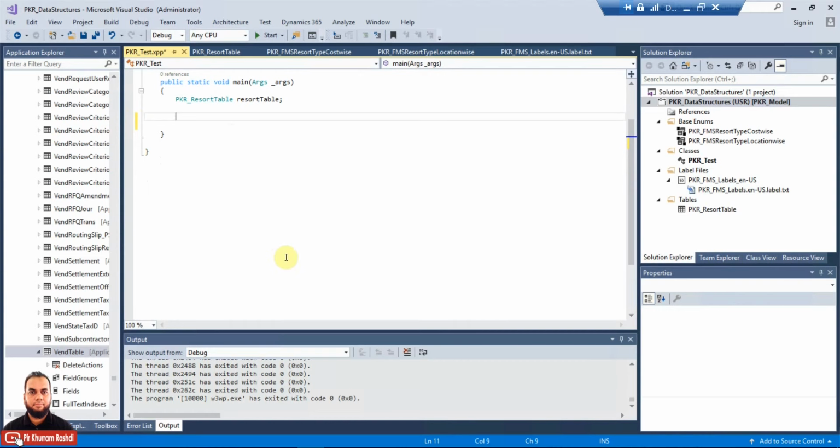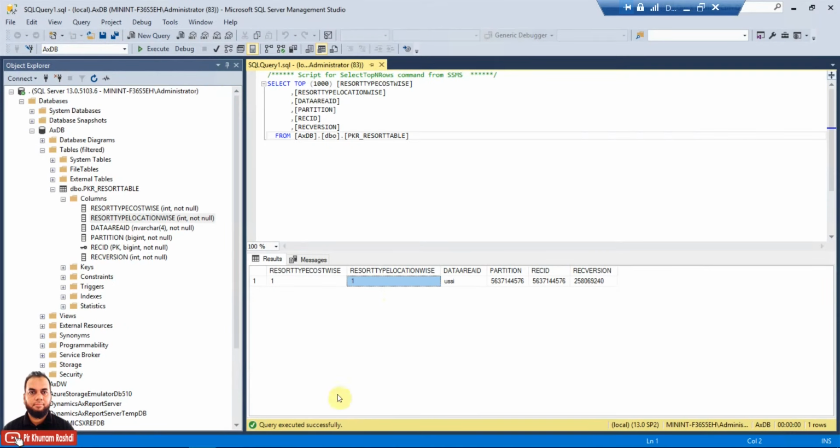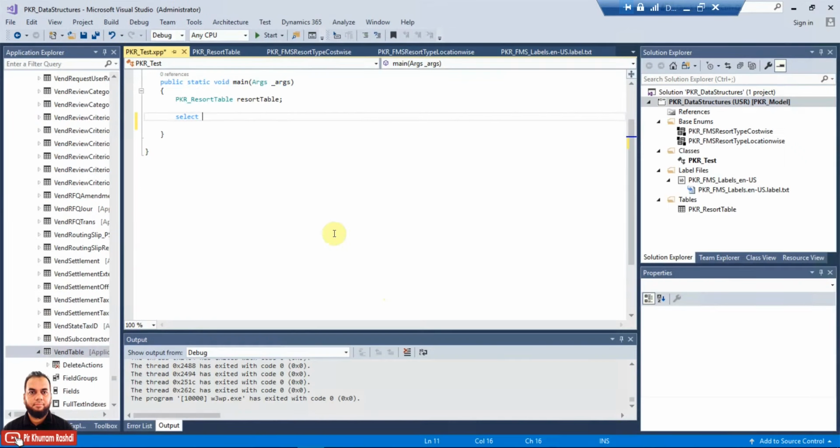Now what we can do is we'll just select, and this time we are selecting it for information purpose, not for update purpose. We already know there is a record there and it has a value of ones. So what we can do is select a rec id. It's always advisable to use a field list whenever you are selecting something from the resort table.